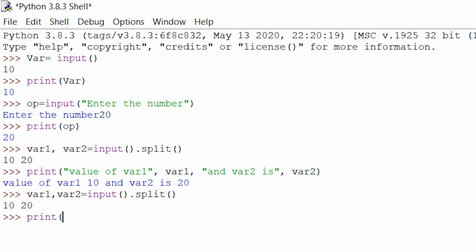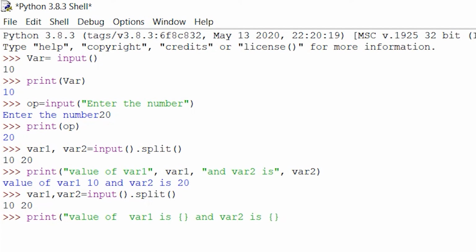If you don't want to use the previous method, where you give a string, then pass the variable, again a string, again a variable, you can directly give the string "value of var1 is", and instead of the variable you give opening and closing curly braces, and "var2 is", again curly braces instead of the variable.